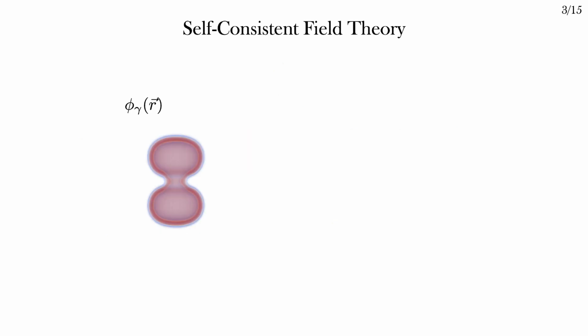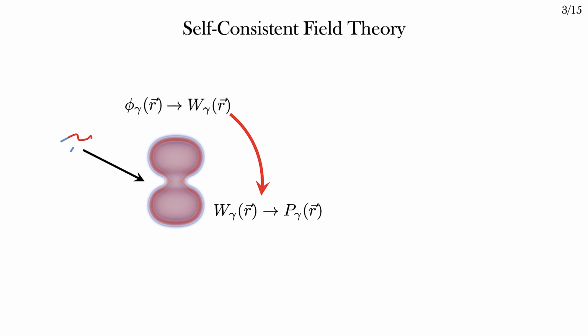This work utilizes self-consistent field theory. For a more in-depth description of the method, I invite you to watch the other videos on this channel. But in summary, we consider the state of a system as described by a set of monomer concentrations phi, where gamma is an index identifying the monomer type. This concentration profile gives rise to a set of chemical potentials. These are the potentials felt by a monomer of type gamma at position R. These potentials in turn give rise to probability distributions of monomers.